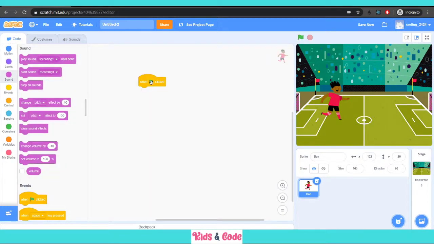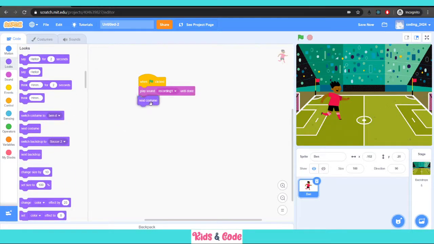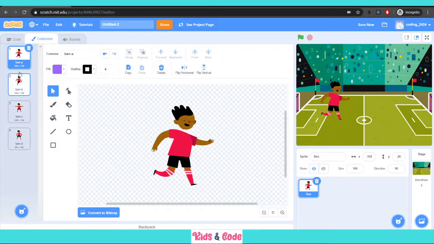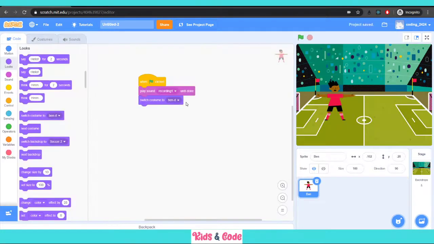So whenever the green flag is clicked, I want to play the sound which I recorded. Play sound recording one until done, and in looks I can have next costume, or I can have switch costume to Ben. See here, the C1 just stands up, so I want that looks better according to my storyline. So I'll have Ben C here.